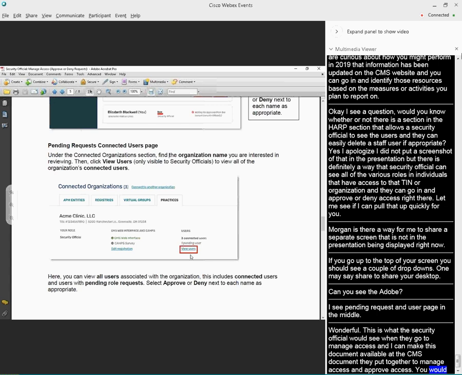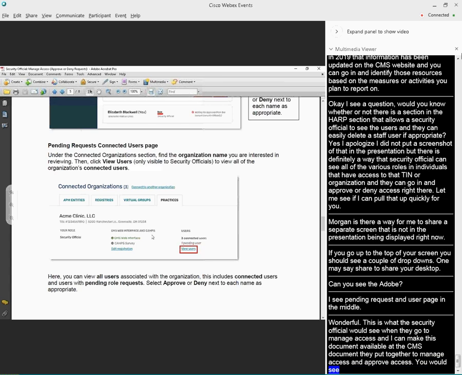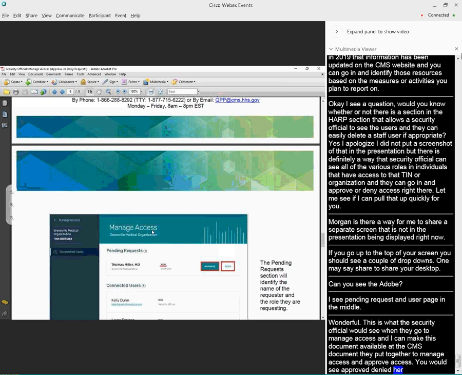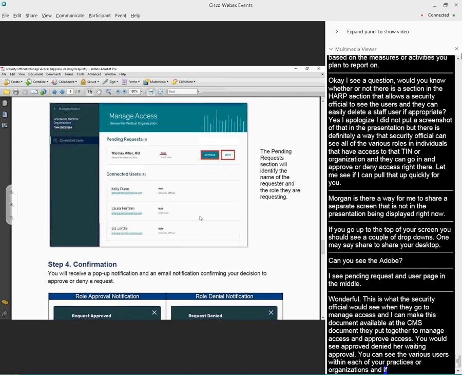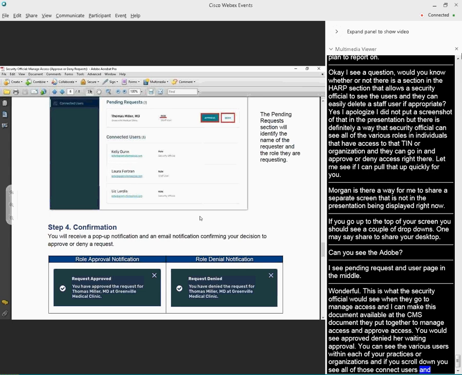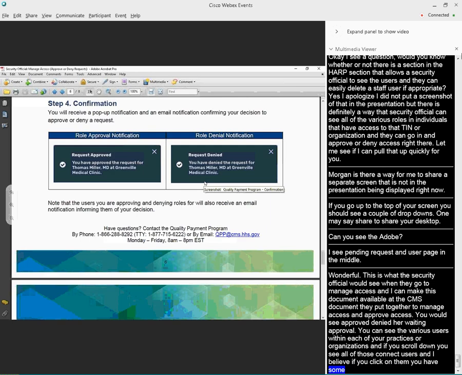You would go in, you could see the various users within each of your practices or organizations. And then if you scroll down, you would see all of those connected users. And I believe, and I'll need to check with CMS, but I believe if you click on them, you would have some opportunity to remove them if appropriate. Assuming that they are also not a security official, if they're just a staff user, you could likely just remove them.